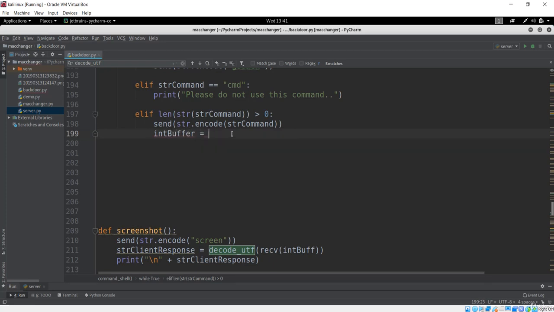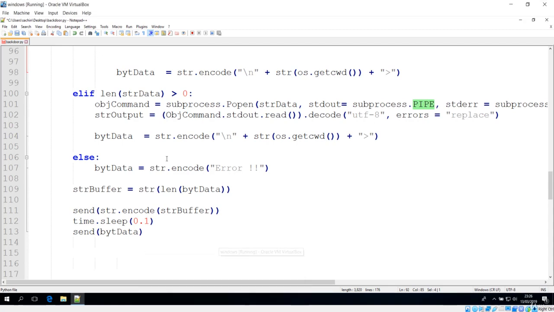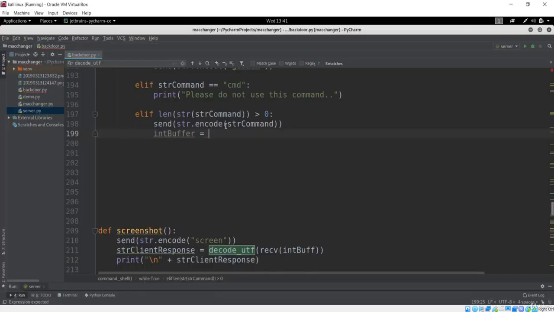We have seen how to get the response from the client before too, but you can see we have now got it in the form of bytes of data, and we have encoded that buffer and sent it to the server. Now let's catch that first. What I'm going to do is decode first. So I'll decode the information that is sent, and basically we have to receive that.